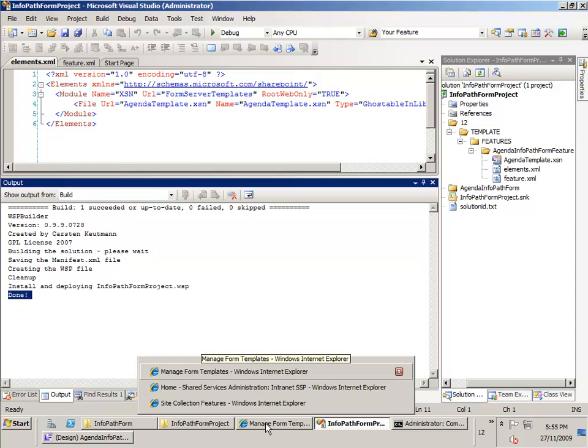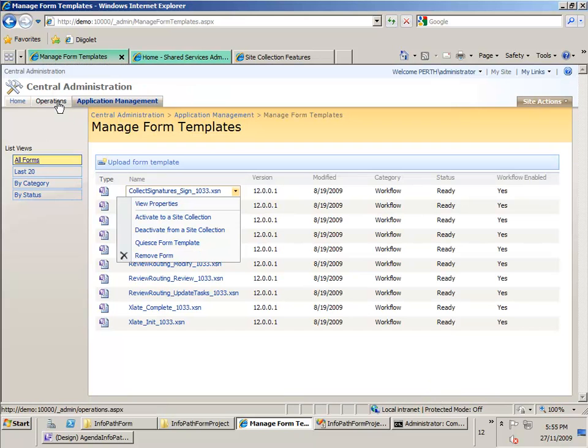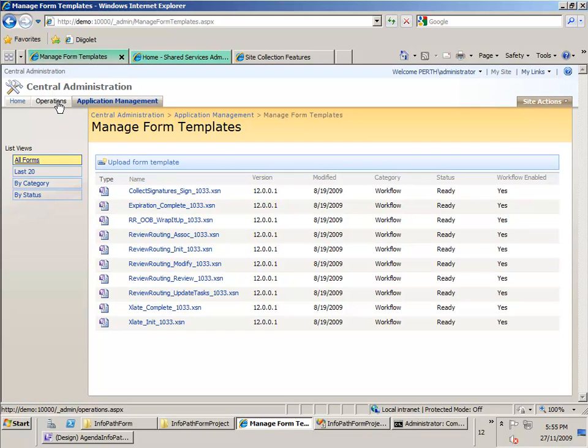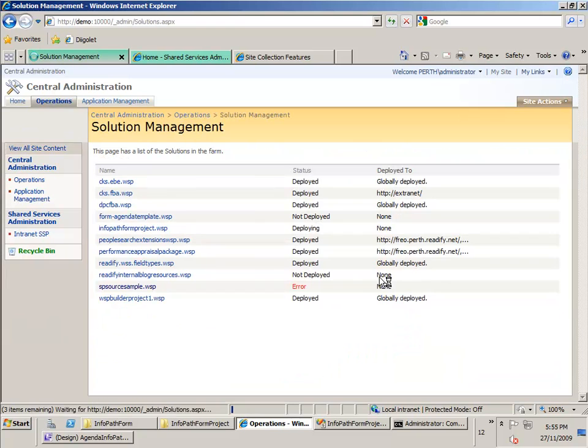Now the way I can check whether that's in there or not is if I go into Central Administration and go to Operations, you'll see that if I go to Solution Management here, so this is where you manage all your solution packages, you'll see that the InfoPath form project is currently deploying,